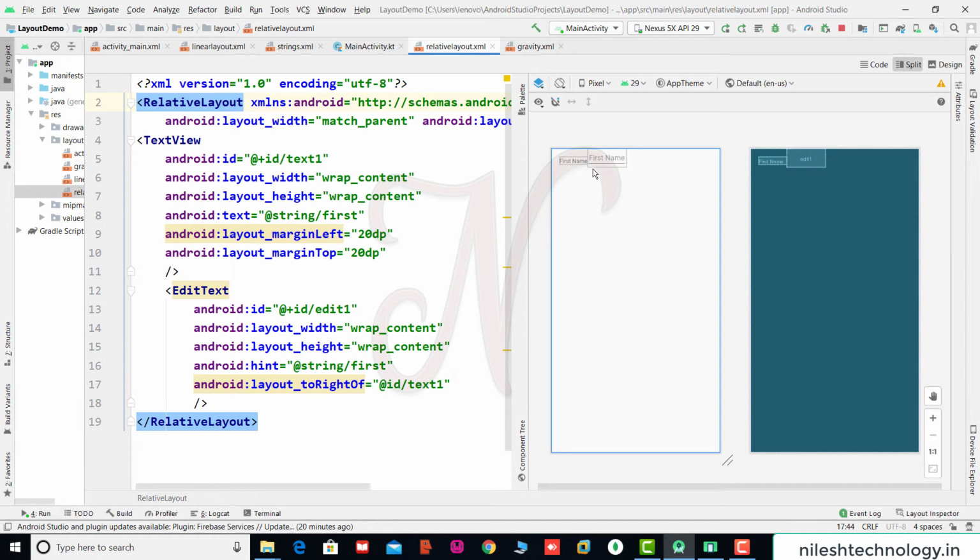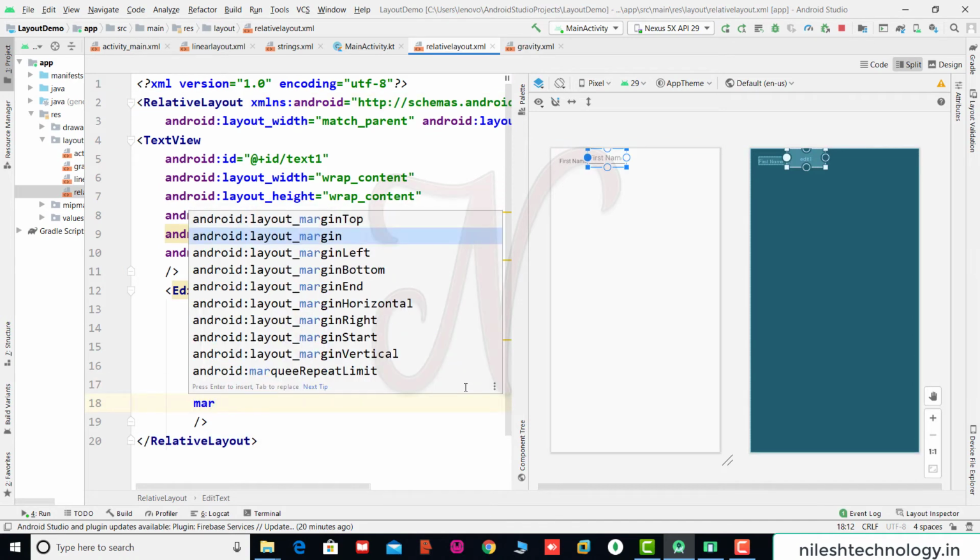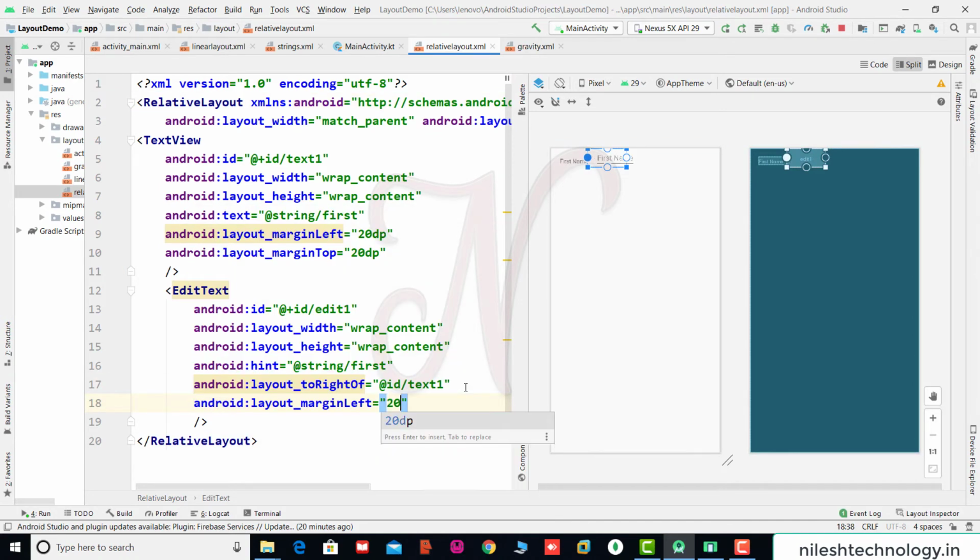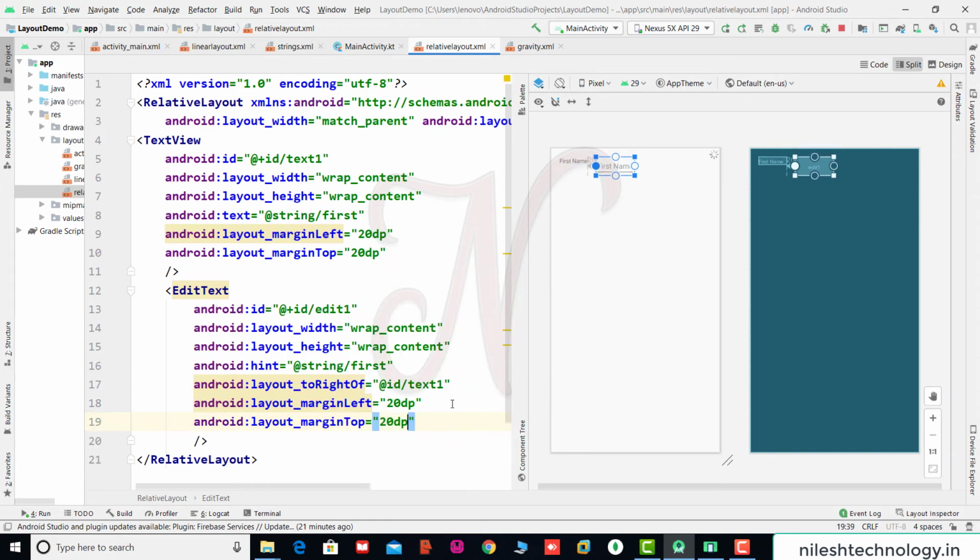Now if you want to make a distance between these two elements, then margin left 20 dp, so 20 dp is the space from this TextView. Again margin top 20 dp, which is the 20 dp distance from the top.